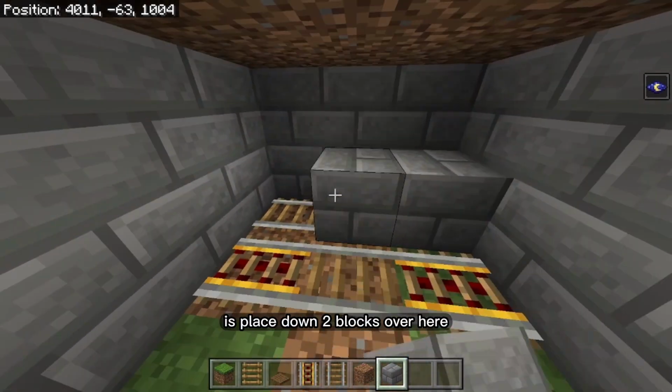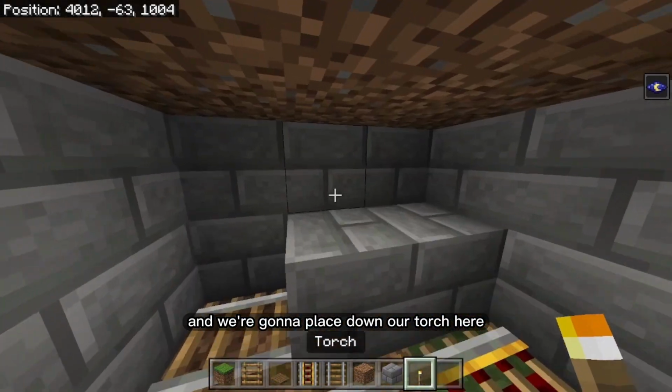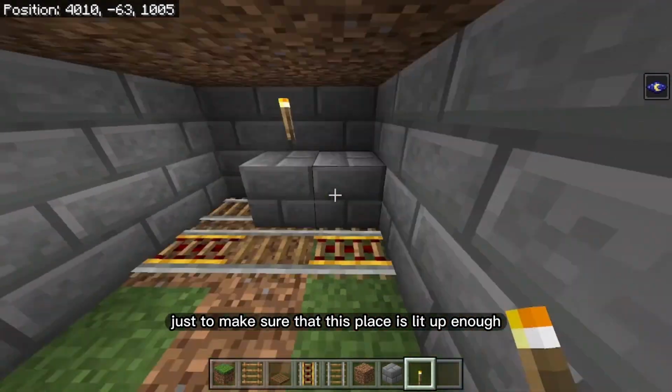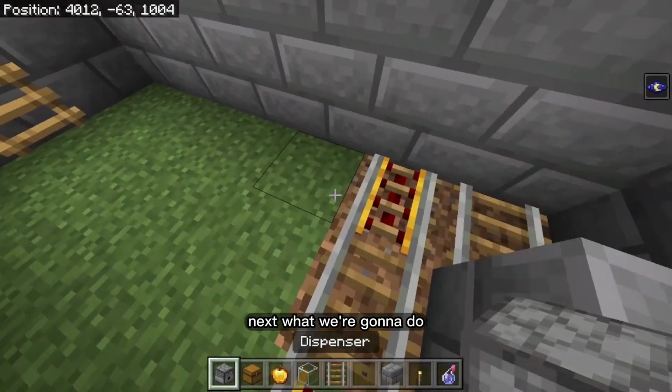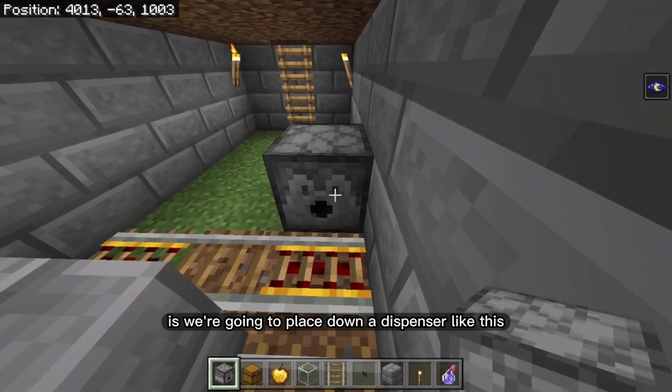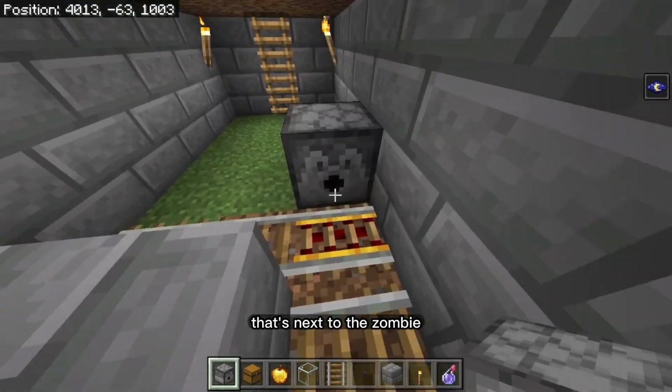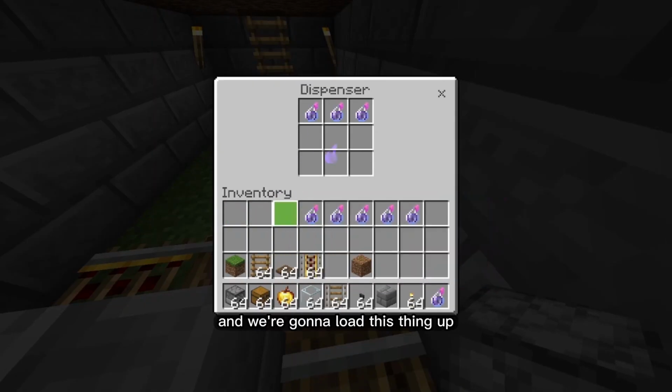Next, what we need to do is place down 2 blocks over here, and we're going to place down our torch here, and we could also place 2 at the beginning over here just to make sure that this place is lit up enough. Next, we're going to place down a dispenser like this, facing into the powered rail that's next to the zombie, and we're going to load this thing up with splash